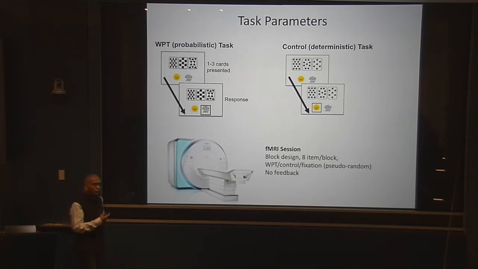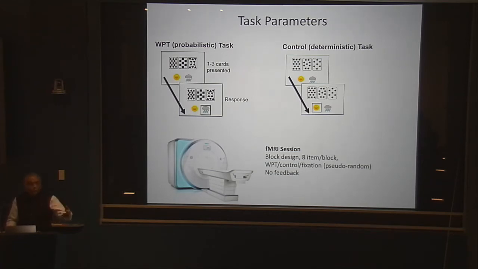The control condition is the deterministic condition, where the subject is not being asked to make an uncertain decision. Rather, they're simply being asked to report what are the patterns printed on a given card. So you notice on all of the cards you see sunny patterns, and hence the response has to be sunny. If you were to see clouds on all of the cards, the response would be clouds. So it's a completely deterministic response that they have to provide.